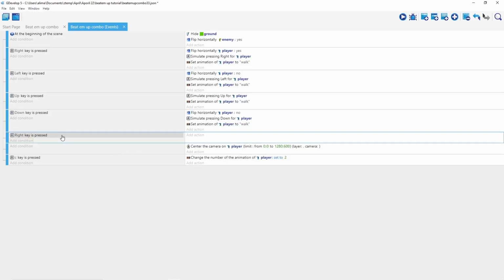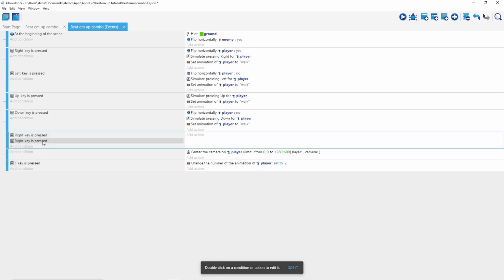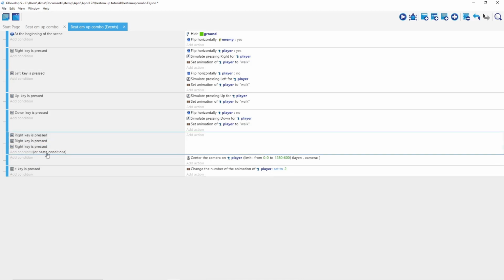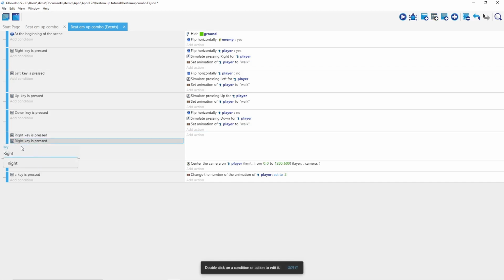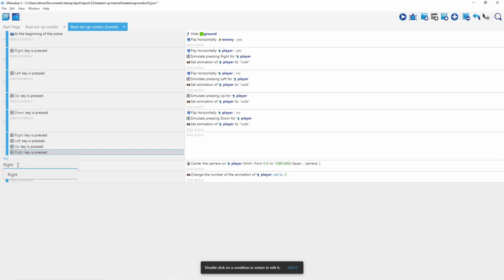Okay, so now what we're going to do is we're going to left click here, right click, and then select copy, and then paste it there and then there. And the reason why we did that was so we could come here, change this to left, change this to up, change this to down. And what we want to do is double click here,